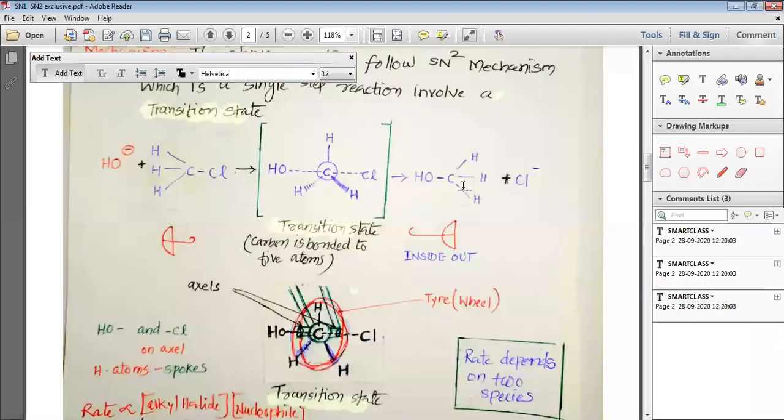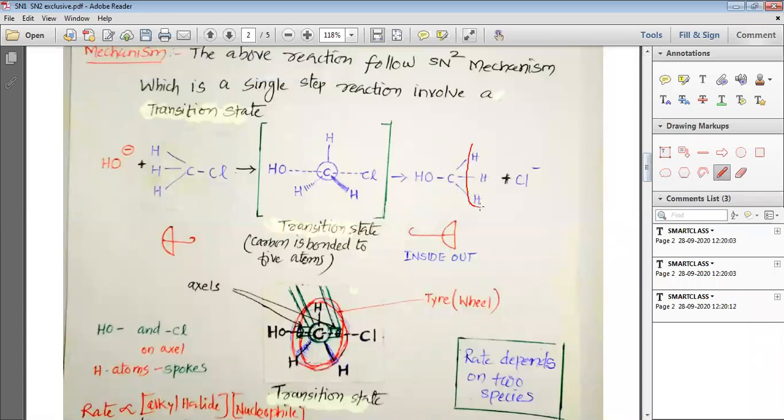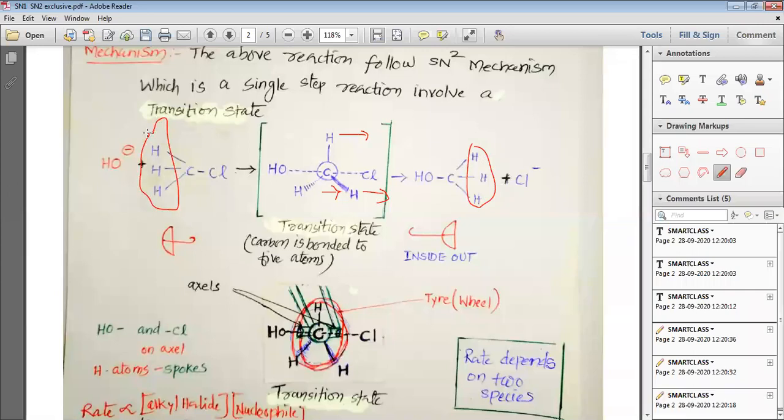As this OH minus has made the bond, these three hydrogens again feel the steric hindrance. Due to steric effect, they turn themselves and move in this direction. So those hydrogens which were available initially at the left side, now due to the steric effect of OH minus, move towards the right side. This is how it works, my dear students. This is how it goes.